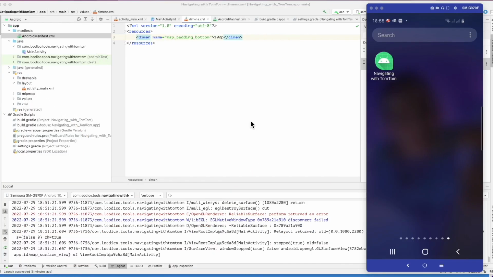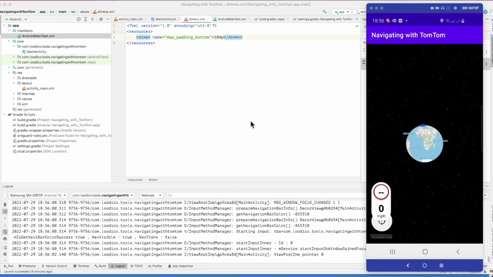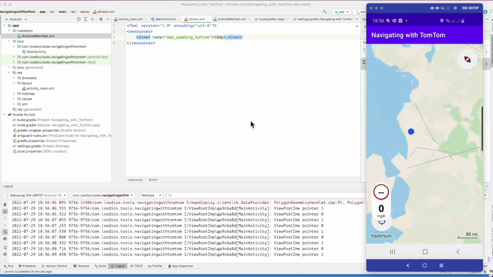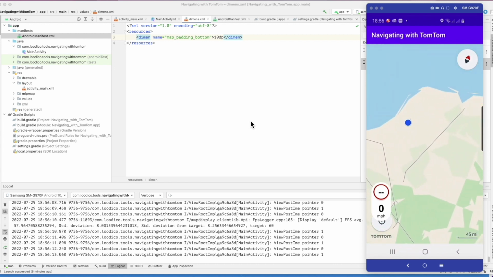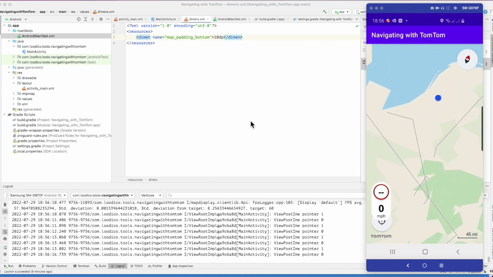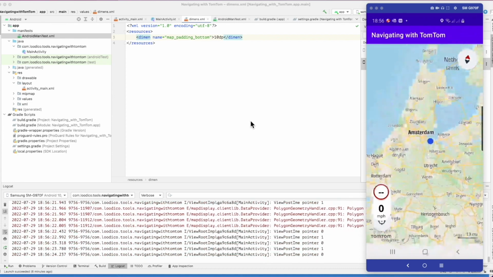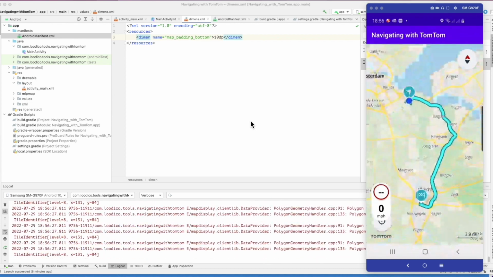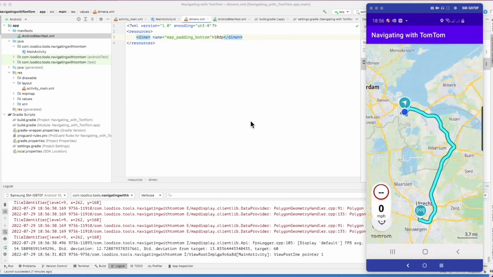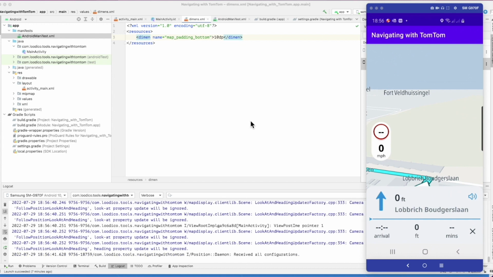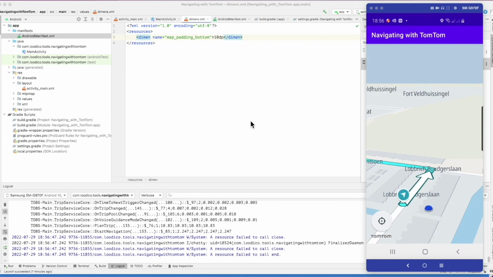Now I have attached my device with scrcpy. Now we can see it a little bit more. My internet is not that fast, I can see that. Okay, we have a map, we have a current location, we have a route, and if I just click on it, voila. Oh, yeah, there is a navigation thing happening. I can see, okay, I'm going to stop that and see how it looks like. Look at the arrow that I mentioned before, the white arrow right there. And that was the code. Let's try it outside.